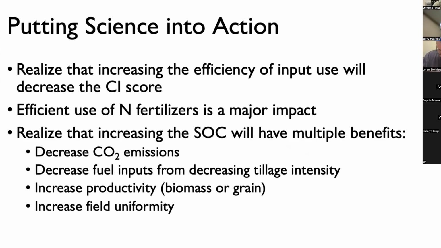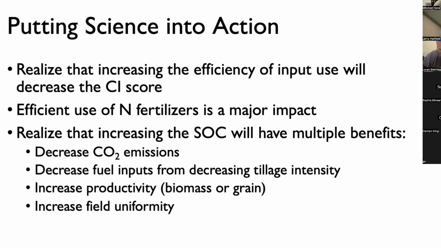And the last piece, I think, is an area that we can really push with producers, which is how do you make that field more efficient by really understanding the spatial dynamics within the field, and realizing that drowned out spot is a major source of methane in the spring out of the Midwest. It's a major source of nitrous oxide in a lot of areas. So spatially evaluating and understanding that field will pay us major dividends in the CI score. So I think there's a great path forward that we can start working with producers